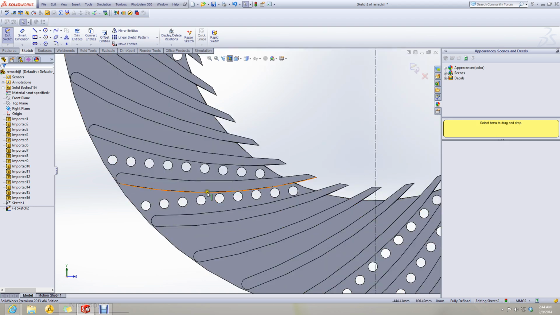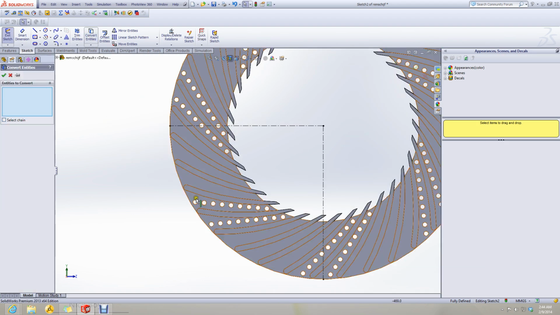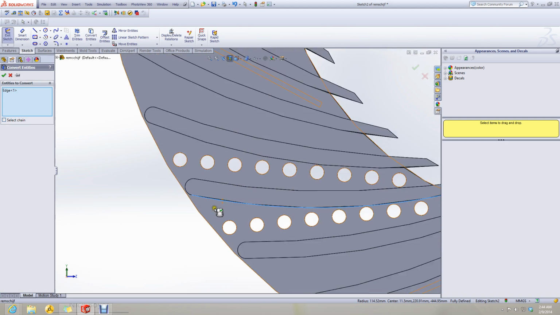To get the profile of these blades, I just use the convert feature command and get the profile.